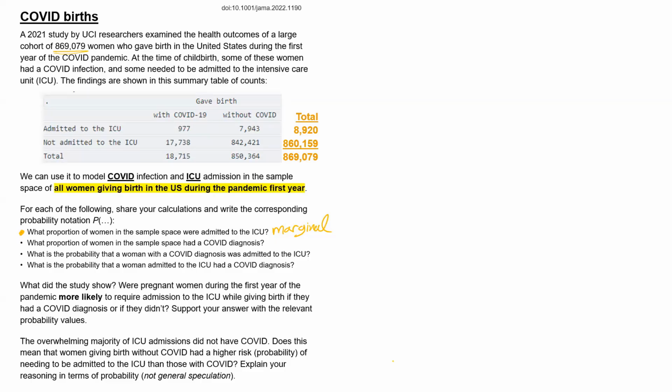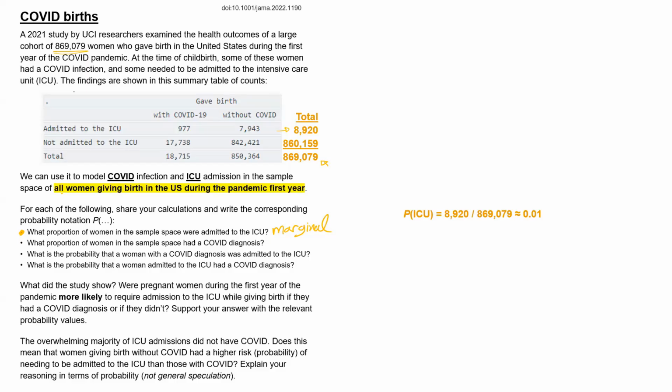So 977 plus 7,943, that's 8,920. And dividing that by the table total, so it's 69,079. And that gives us 0.01 or 1%. So 1% of the women giving birth in the first year of the pandemic were admitted to the ICU, regardless